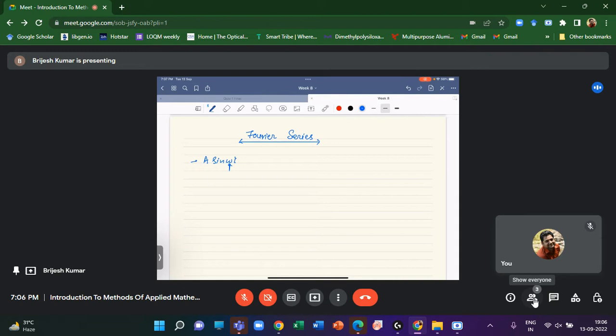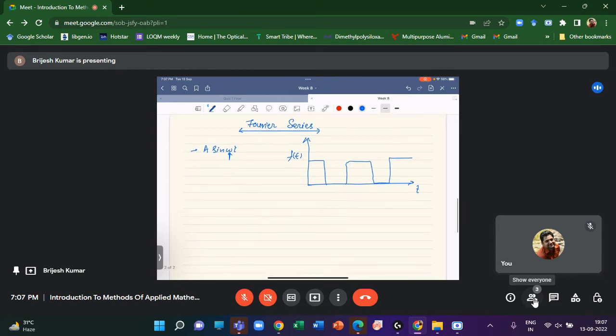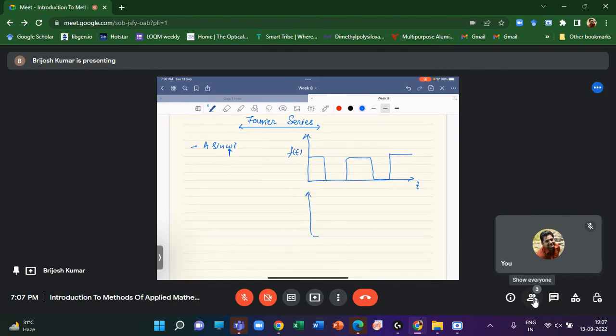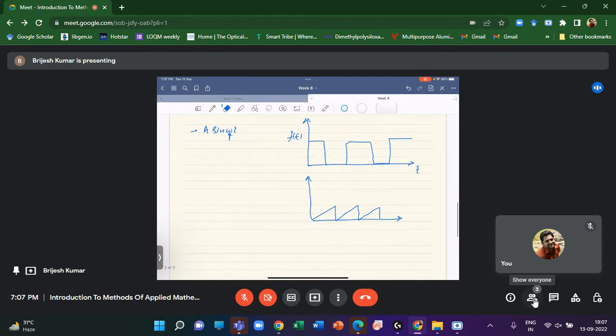not only sin omega t, but some other functions, like if we have f(t) as a function of t, then this type of function is there. So this is also one type of periodic function, and another function is the sawtooth function. So the technique is that any type of periodic function can be written in terms of